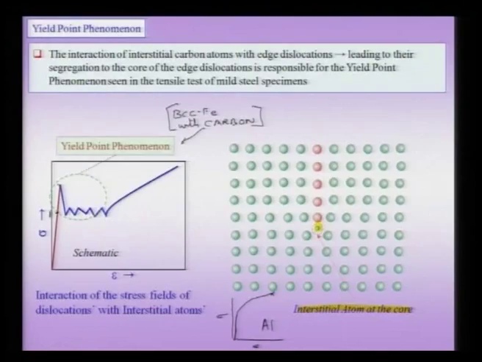Suppose I call this point A and I call this point B. This point B is actually the upper yield point. I have to apply this extra stress, and this stress of course at the microscopic level can be drawn like this on this diagram. So this extra stress has to be applied so that this dislocation can break free from the Cottrell atmosphere,